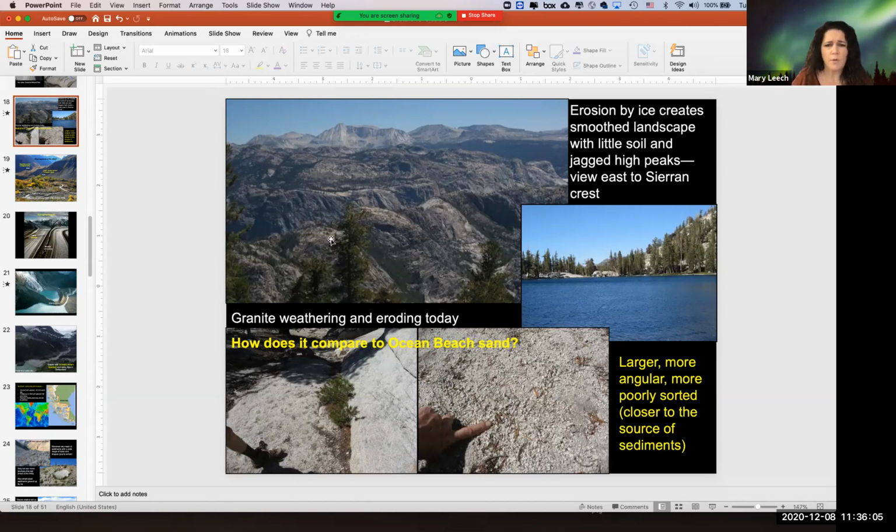This is what the landscape looks like now. There are lots of domes that have formed in the granite where ice had covered the tops. The places where you see the arêtes and the horns are peaks that stood up above the glacial ice when it was there. And then the domes are forming because the ice flowed over the tops of those, and so they look smooth.